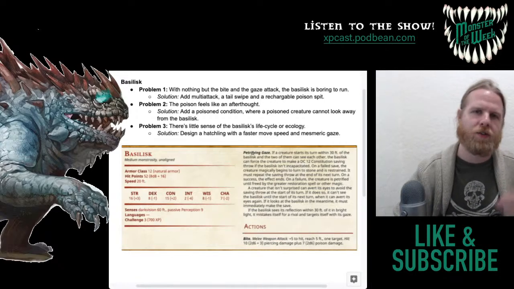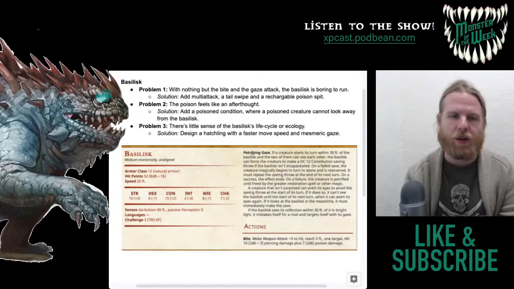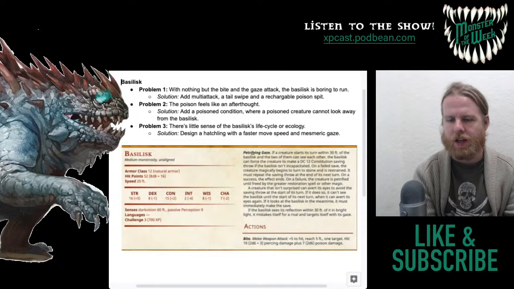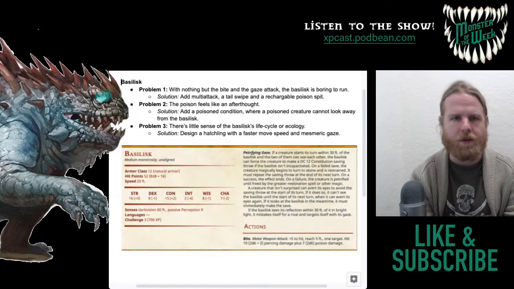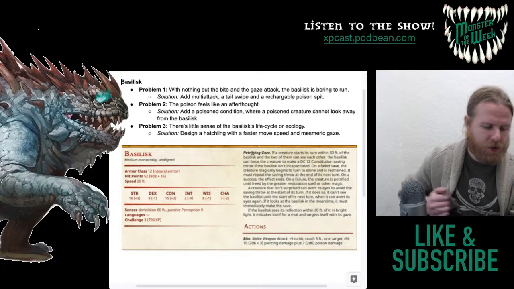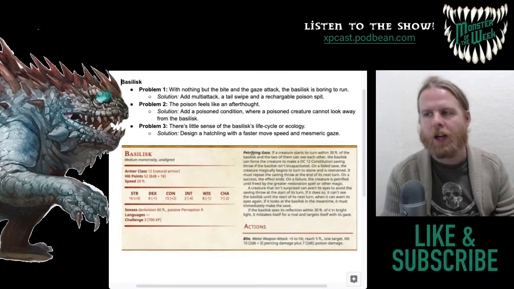But I feel like most players are going to avert their gaze. Maybe they would risk looking at it once or twice to avoid getting disadvantage on attack rolls. But for the most part, the Basilisk is pretty one-dimensional in terms of monster design. So what I would want to do would be to give the Basilisk a little bit more to do on